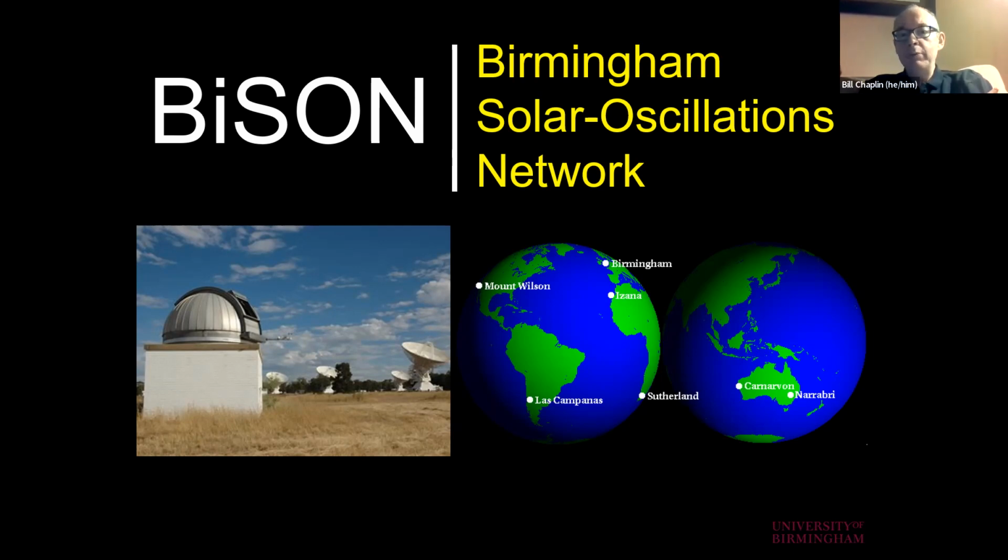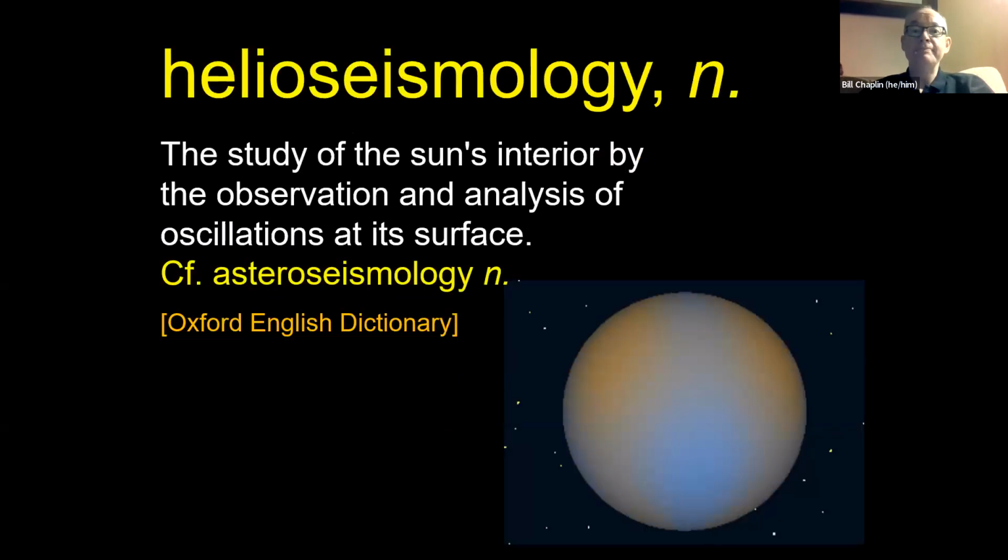So this is a network of ground-based telescopes that make Doppler velocity observations of the sun. You can see from the map on the right-hand side the locations of the observatories. I'll come back to show some more pictures in a minute of some of the observatories and say a little bit more about them. But crucially, what these data give us access to are data on the sun's natural oscillations,